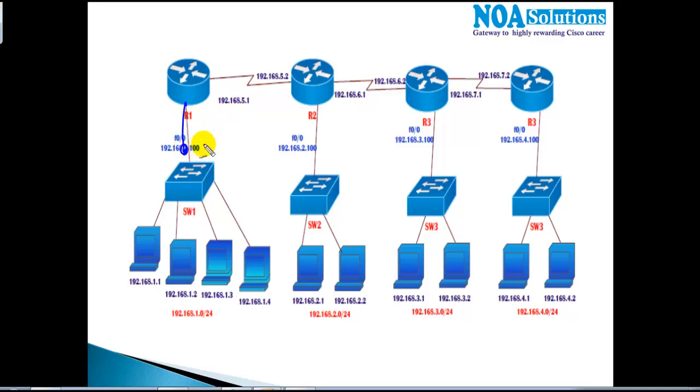From router to switch we use a straight cable, and router to router we are going to use some back-to-back cable. And I'm going to assume that all my routers are connected in the LAN and in the WAN. And I got four different branch offices: branch office A, branch office B, branch office C, and branch office D. And my requirement here is to assign the IP addresses to each and every device in the network.